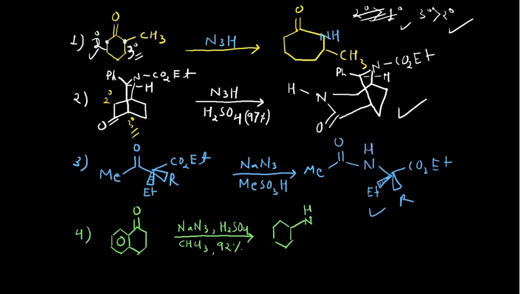So insertion occurs in that case, and this is your carbonyl group, and then your 7-membered ring. If you count the total number of atoms, 1, 2, 3, 4, 5, 6, 7. So the trick is that whenever you have a cyclic compound, you increase the ring size by 1 unit and insert the NH group between the carbonyl and the group which has the higher migratory aptitude. So there are various problems.